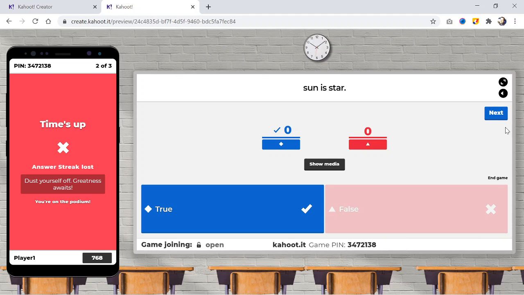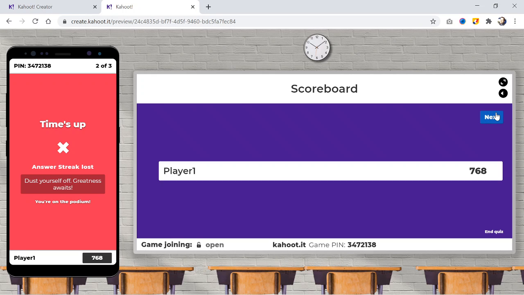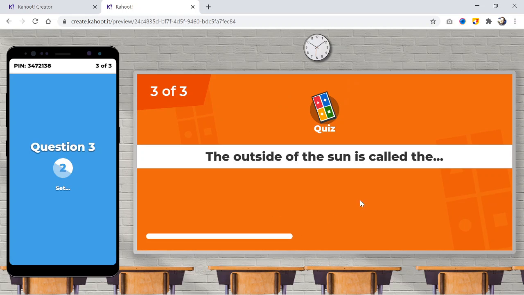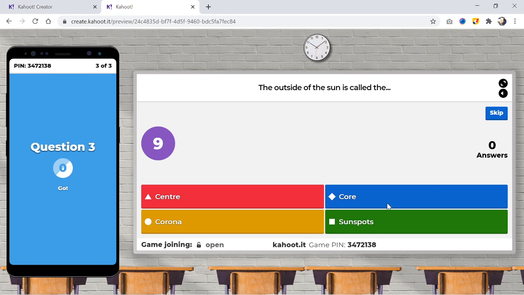After attending all the questions, the participants on their mobile screen will be able to see their individual score and rank among the players as a podium. The same will also be displayed on the host screen.